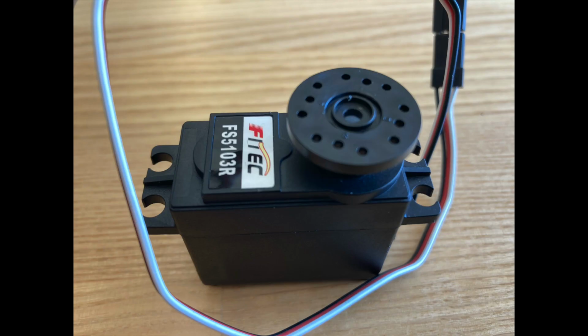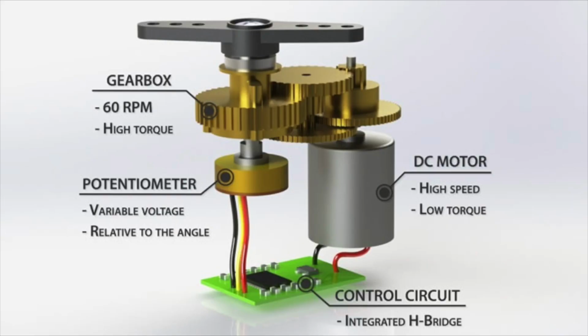This system uses a continuous servo motor, which can rotate constantly without any boundaries. It connects to the power rail, the ground rail, and the PWM pin on a microcontroller to determine the direction and the rotation speed of the servo. The PWM signal is fed into the control circuit, or integrated H-bridge, which controls the rotation speed of the DC motor. The PWM signal ultimately determines the direction and duration of the output in the DC motor current, which uses